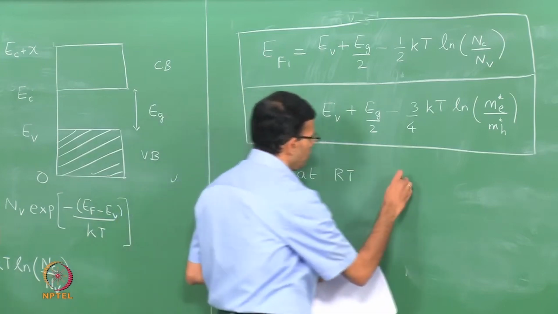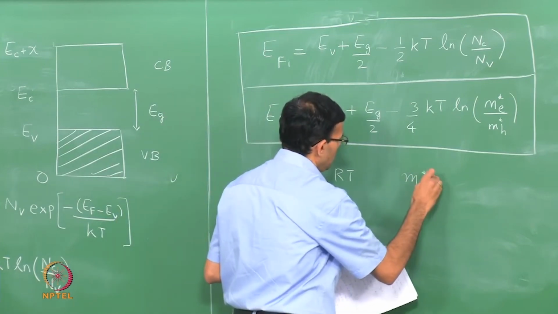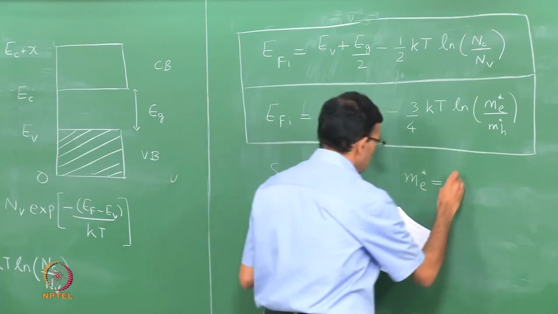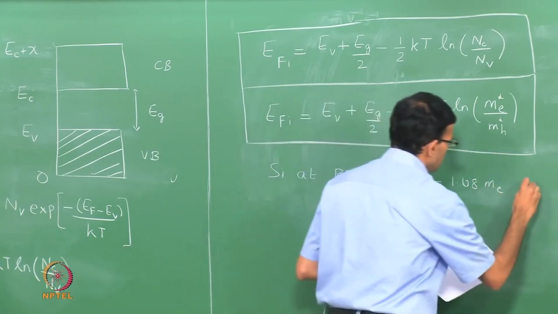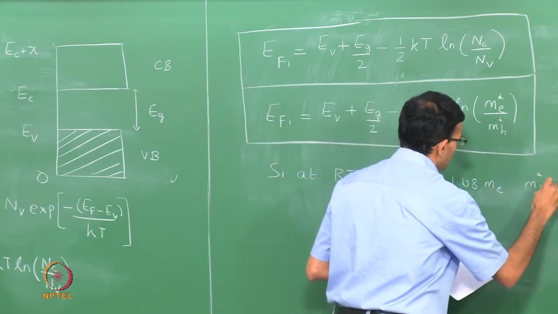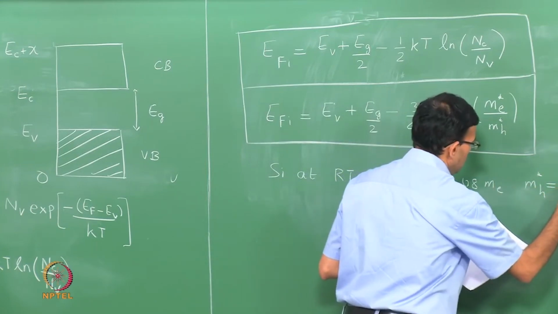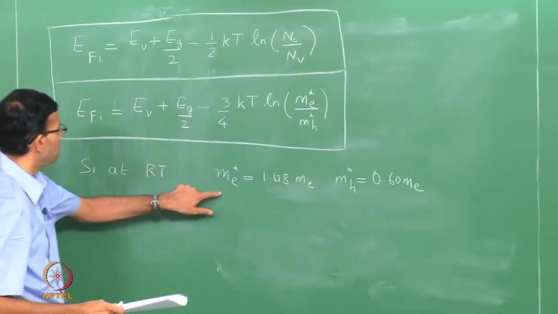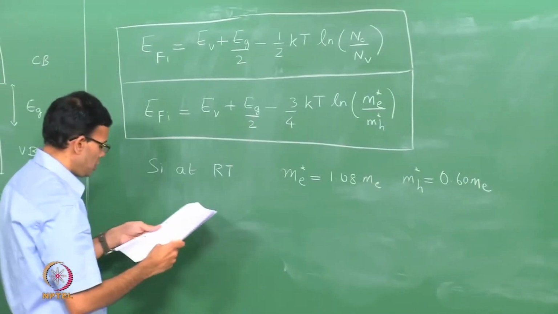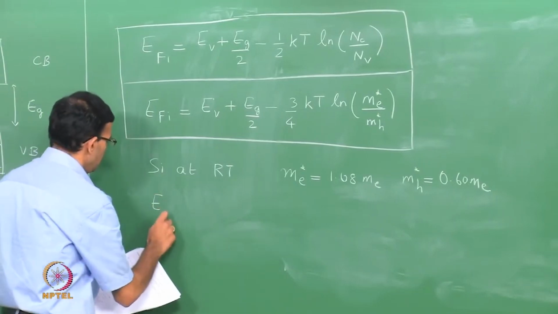So, let me use the effective mass. ME star was 1.08 ME, MH star is 0.60 ME. Since I am using the effective mass, I will use the second equation, from which you get EFI